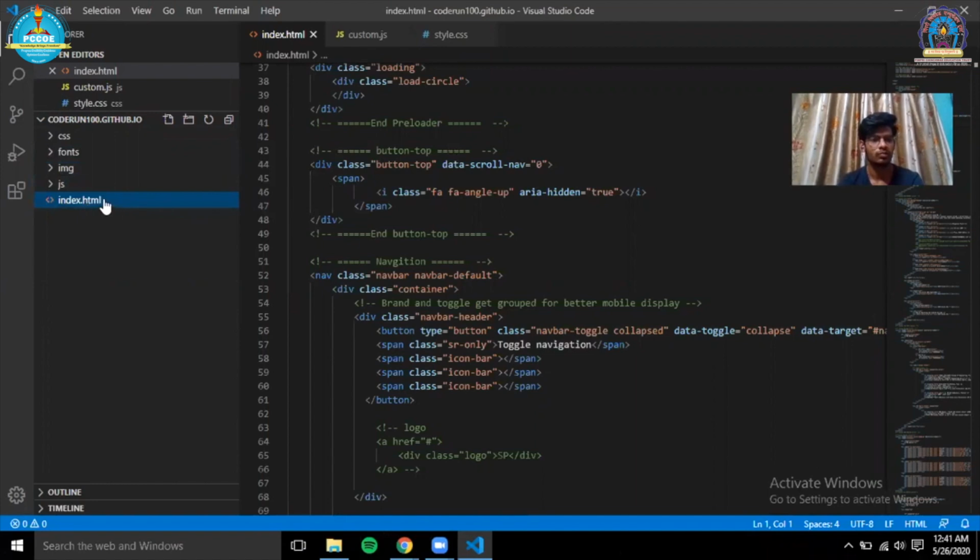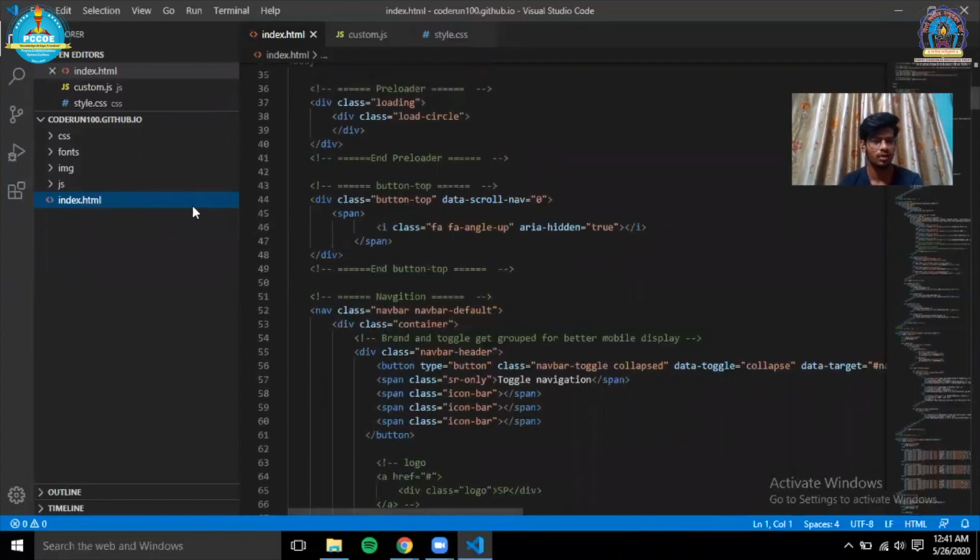So this is the file which is considered as your home page, and according to your requirements you can change your directory structure. But the only thing is that you will not be able to change this index.html file. You have to keep this file name as it is. You can change the content of the file, but you can't change the name of this file. So whatever your homepage of your website may be, you must name it index.html. So let's move on to our action plan.